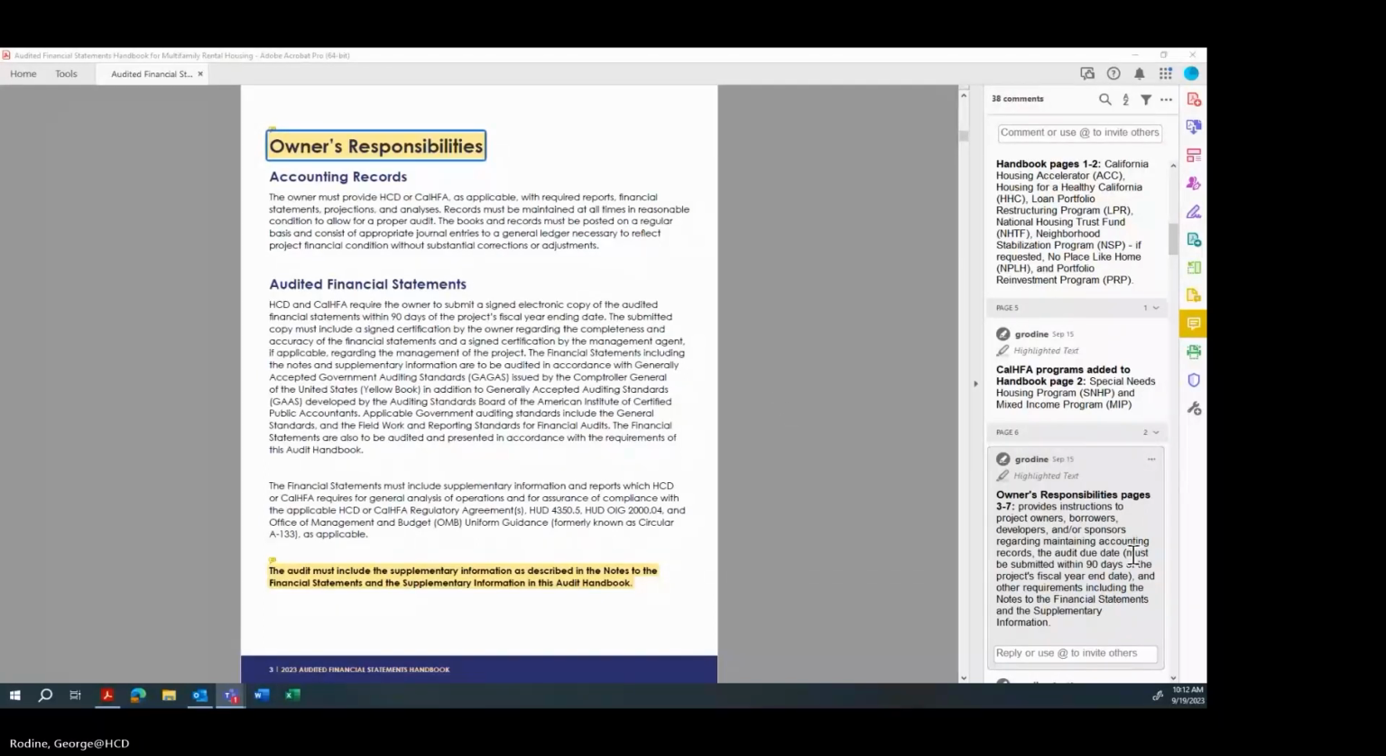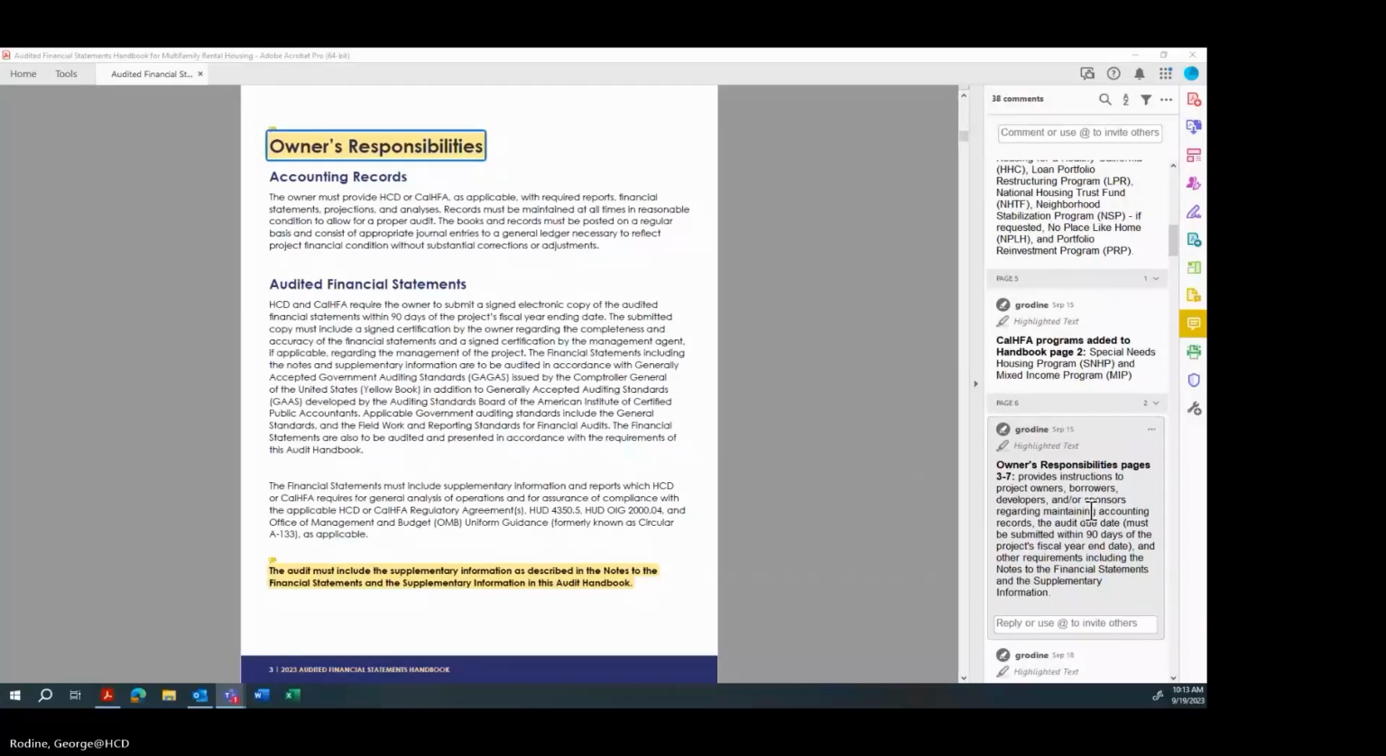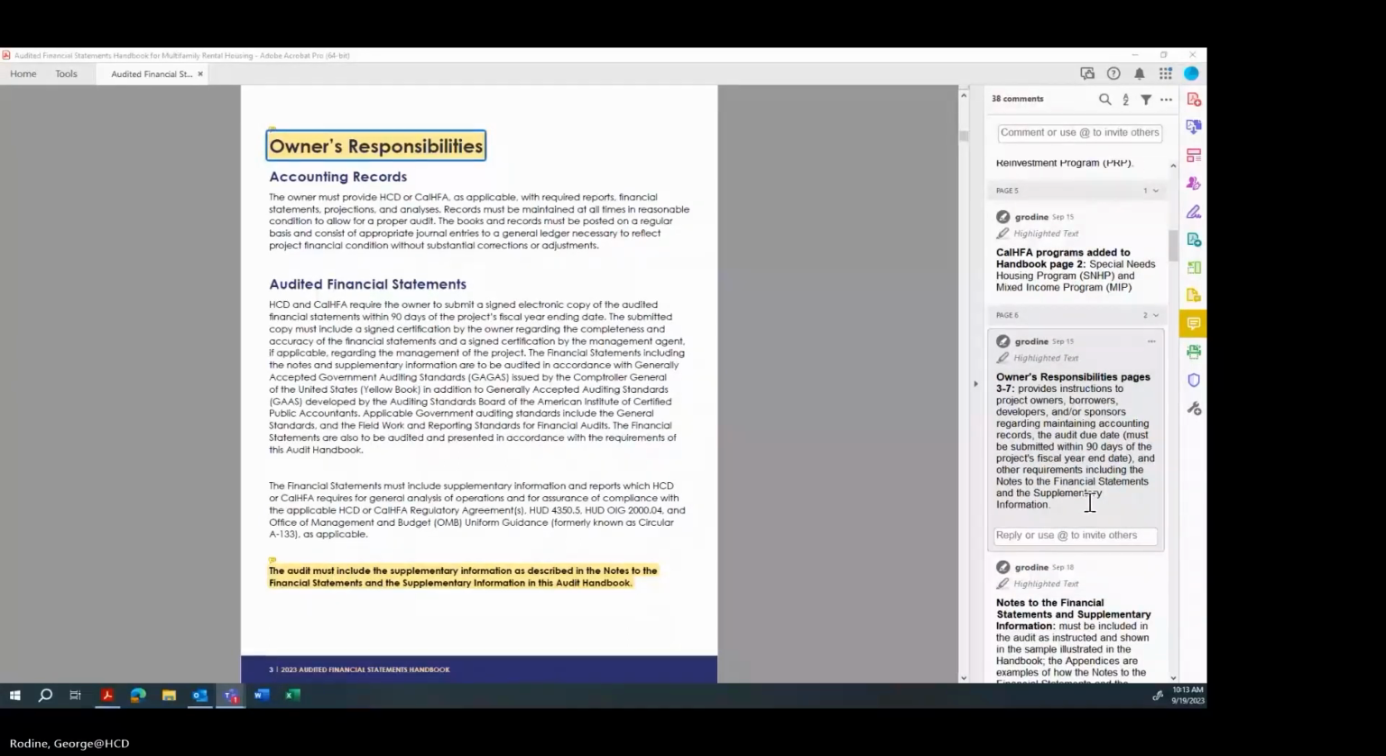prepare and present and submit audits in a timely manner in accordance with the rules of the regulatory agreements, the program regulations, and this audit handbook. The bold section at the bottom of the page basically says the audit must include supplementary information in the notes to the financial statements and the supplementary information of this audit handbook. We're going to get to that in a couple pages, and